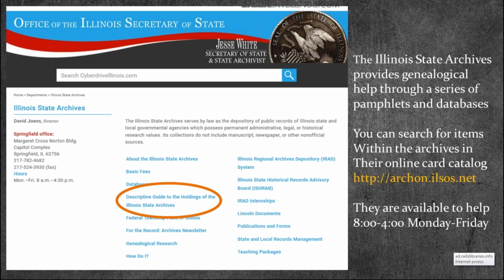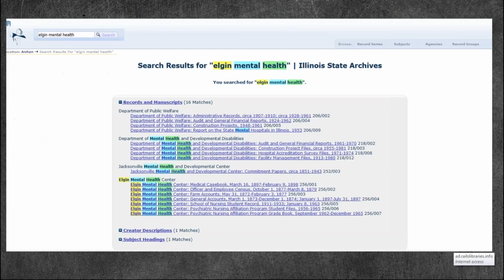So if you click on that link that I've provided for you here, you can start searching for the types of records that the State Archives has within its collections, things like school records, or in this case, what I was looking for were mental health records. Mental health is one of those categories that are really hard to research, no matter what state you're doing the research in. The state of Illinois, at the State Archives, has collections that have been turned over from mental health facilities, the follow-up to the asylums that they used to be called.